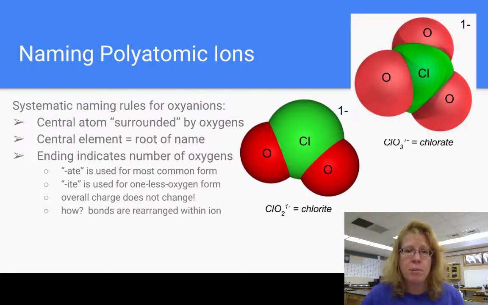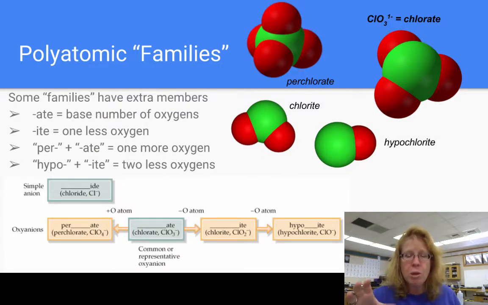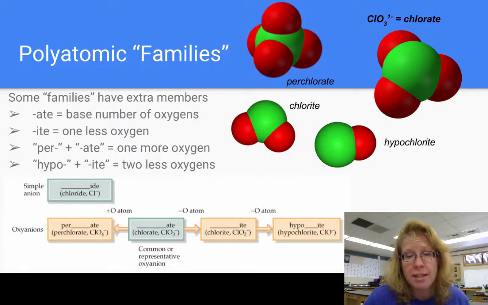It has to do with the way the bond rearrangement's happening on the inside. They're forming some different sort of bonds between the oxygens or between the oxygen and the chlorines, just to make it stable in a slightly different arrangement. So it helps, again, if you're looking at this in terms of the idea of polyatomic ion families or oxyanion